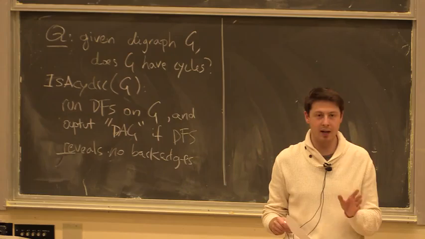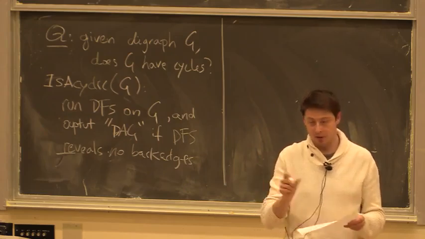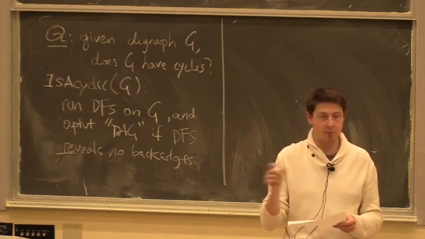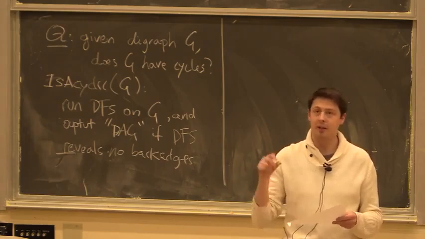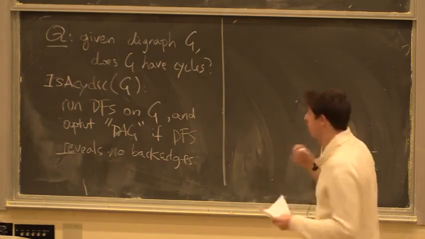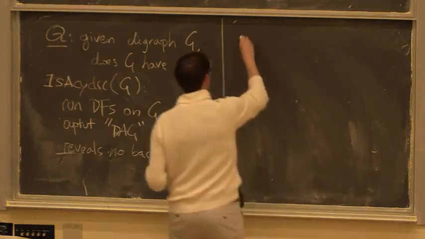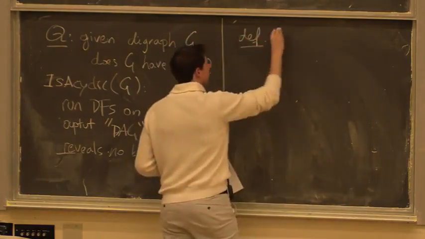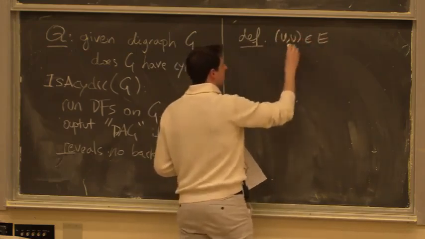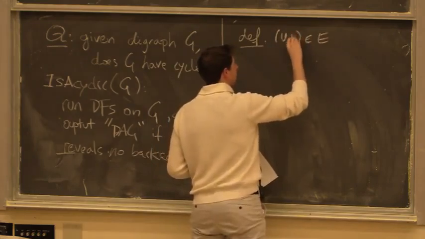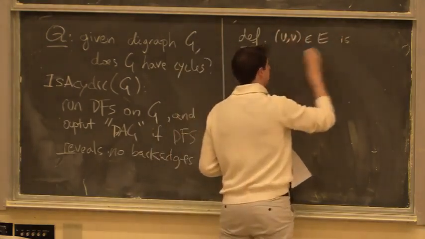A back edge is an edge u comma v, okay? Where we have the corresponding intervals of pre and post numbers, they're in a certain relation. And specifically, we wanted the fact that, I need to get it the right direction. So let's write it together here. uv, first and foremost, is an edge, okay? And my u and v look the same, so u and v is a back edge